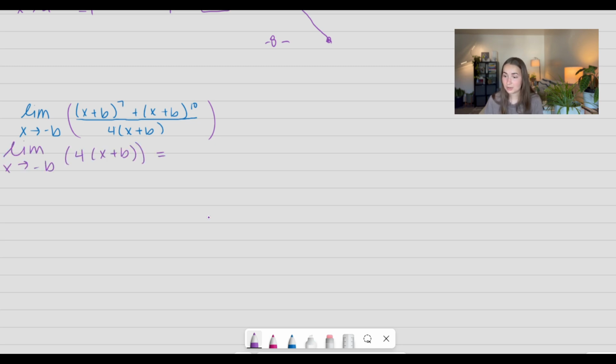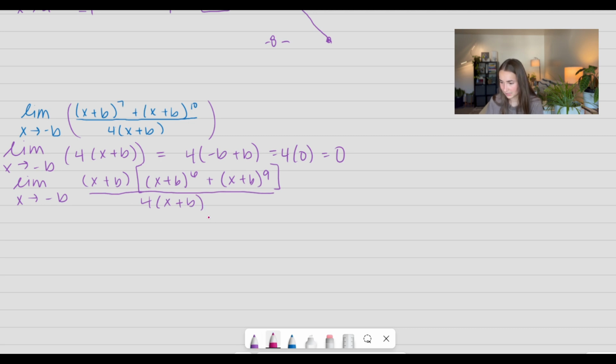I'm just going to go ahead and plug that in. I get 4 times negative b plus b, 4 times 0, which is equal to 0. So this is our issue, that x plus b in the denominator. So we're going to factor this a bit differently than we have the other problems. So we have the limit as x approaches negative b, and I'm just going to pull out an x plus b in the numerator. So x plus b, and then I have my leftovers,